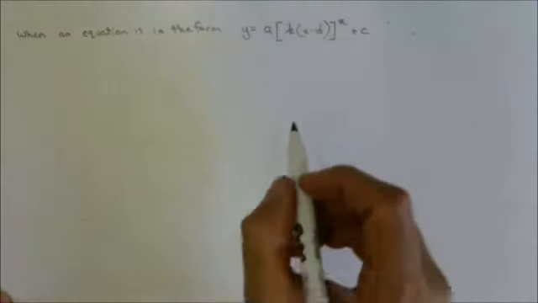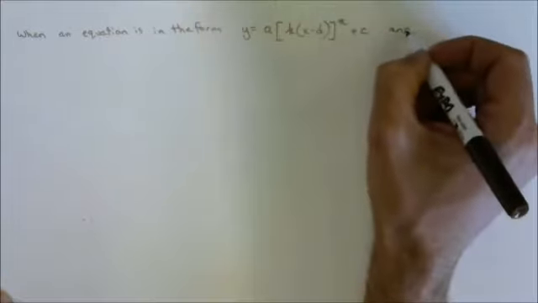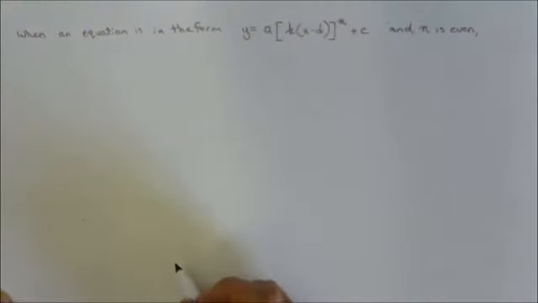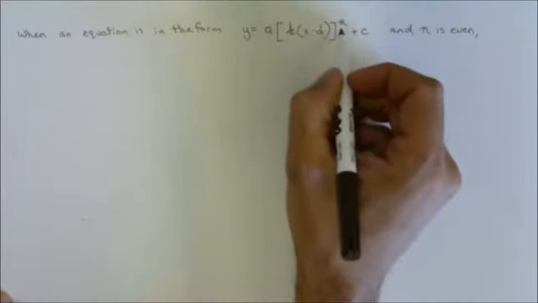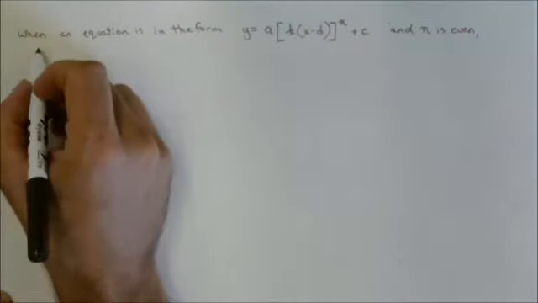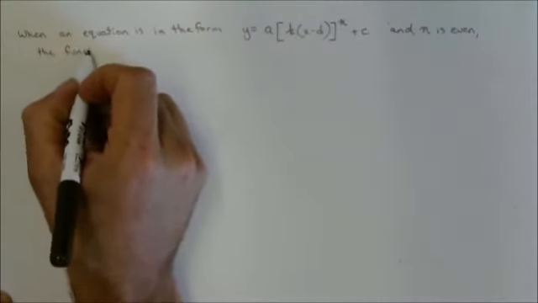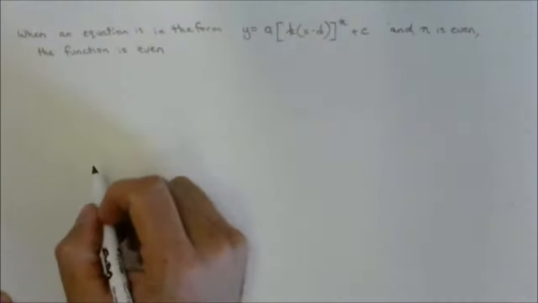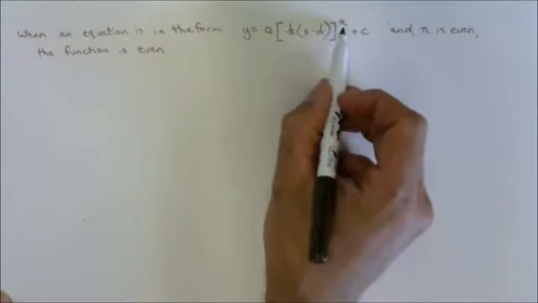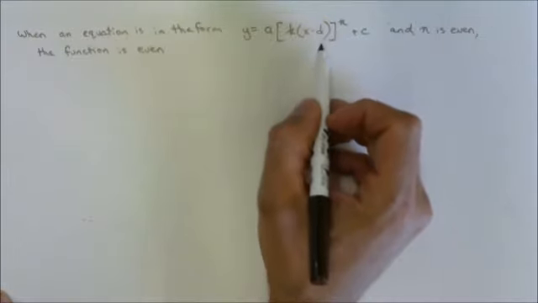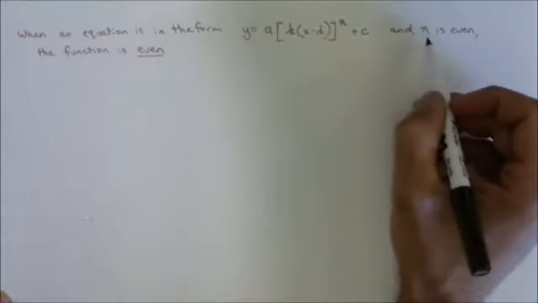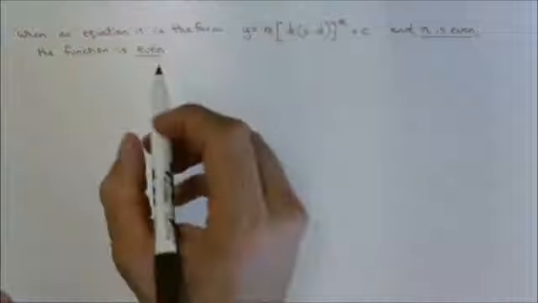When they take this form and n is even, so your exponent up here is even, the function is even, not just even degreed. If it's in this form and the exponent is even, if you were to expand it, it would result in only even degreed terms. So it is an even function when it's in this form and n is even. Even more helpful,